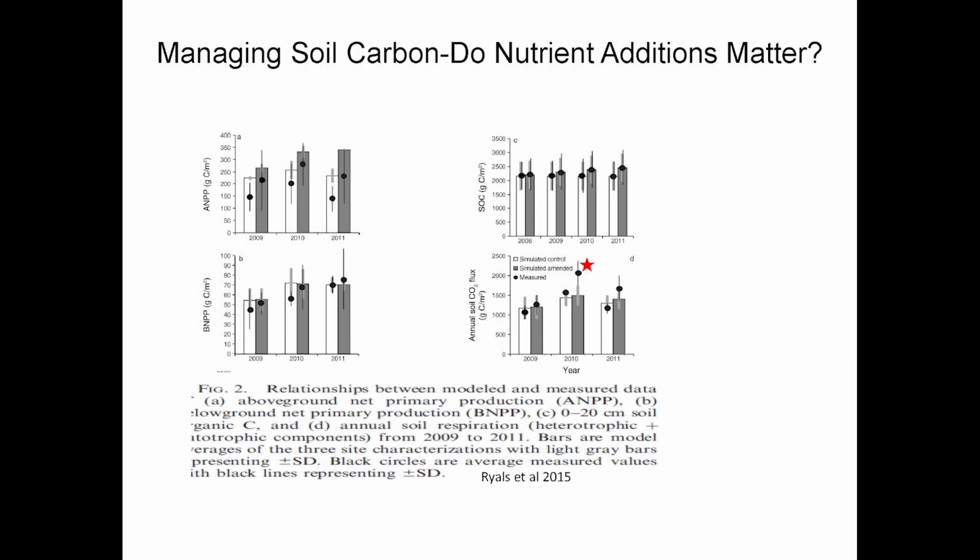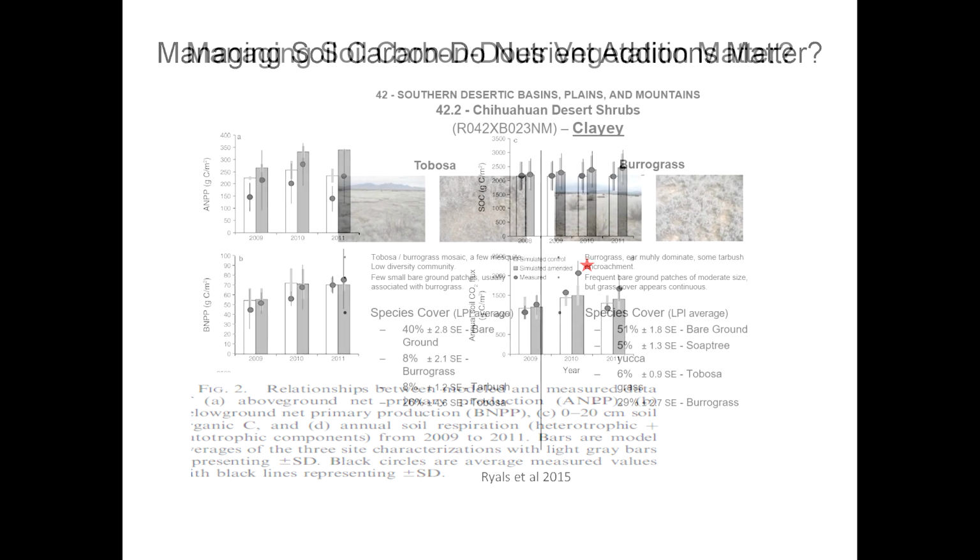That's respiration, the flux. We badly underestimated respiration in a wet year, in a high production year. So the things that drive respiration in rangeland, temperature and moisture, are the things that drive growth. So we got growth, but we also got increased respiration. And more importantly to me, the model missed it completely. That's the only place the model really fell apart. And that's the Century model. That's sort of the gold standard for rangeland soil carbon.